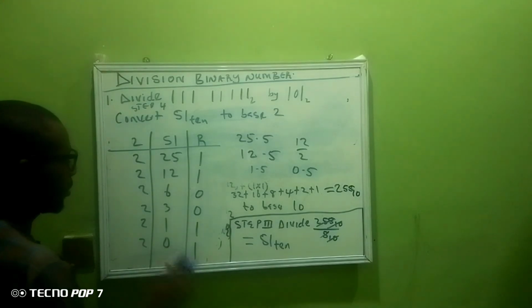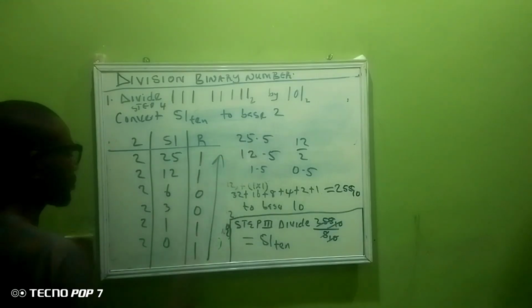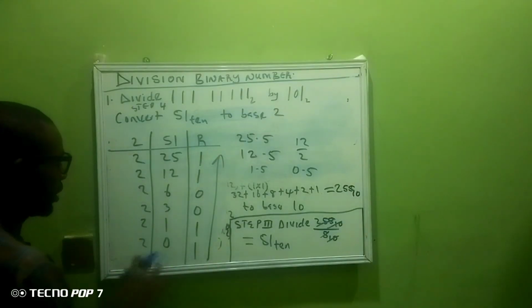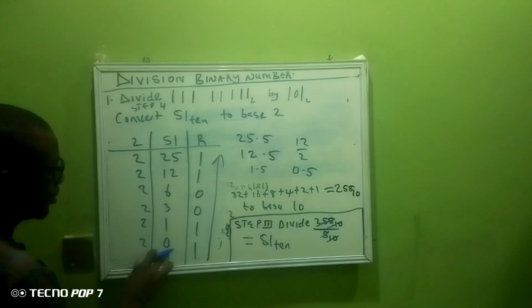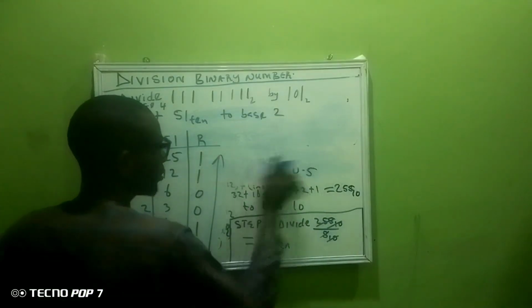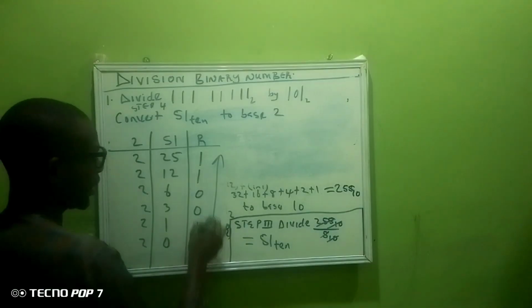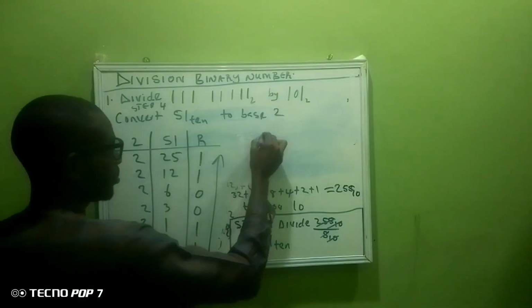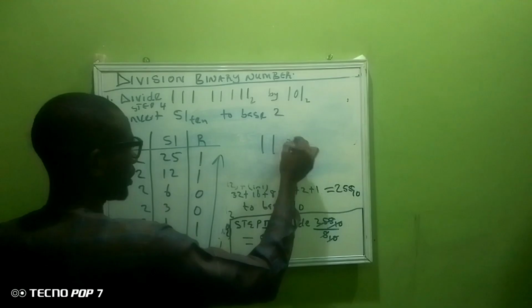So at this point, this is our final answer. Okay? And if we want to test the answer, 2 times 0 is 0, 0 plus 1 is 1. We don't have much time. So the answer to this question is, we write our answer from the bottom to the top: 1, 1, 0, 0,